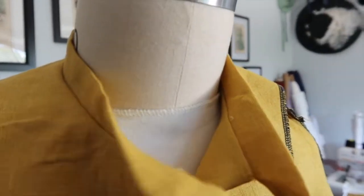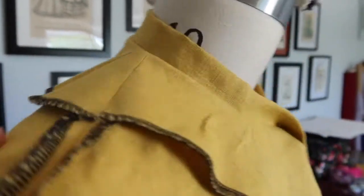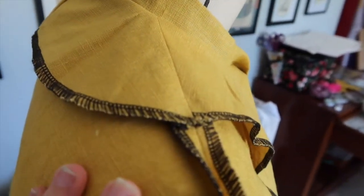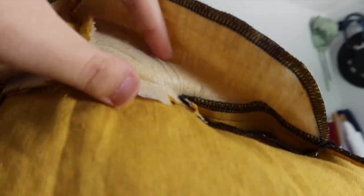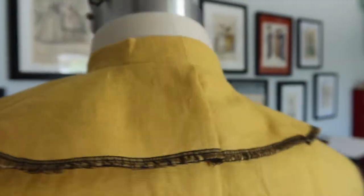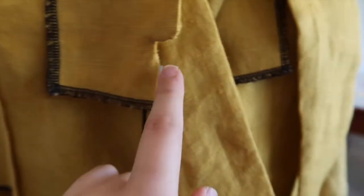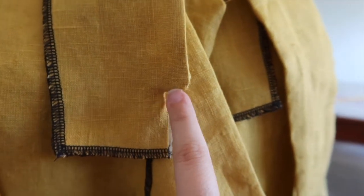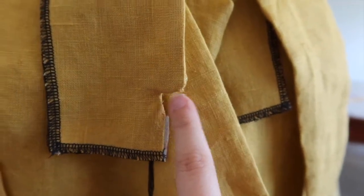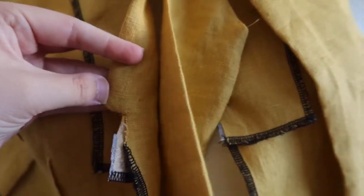See, this is the inside and that is the outside. I tacked down the shoulders right here, and as you can see here, the seam allowance is clipped and all ironed down there. And at the bottom of the facing here, I sewed this little extension. This is the center front seam, and so I sewed that extension. That's how it looks from that side,